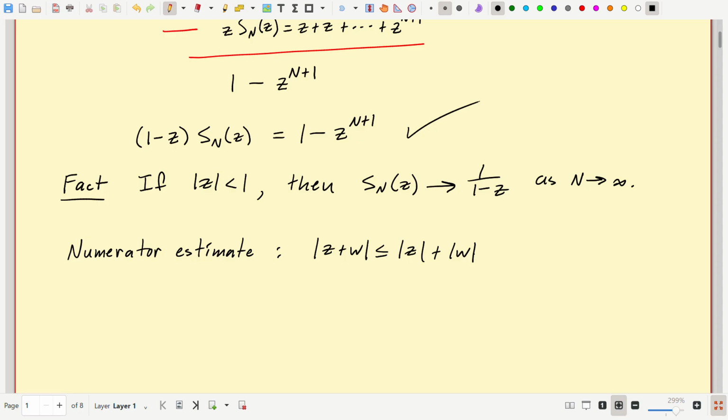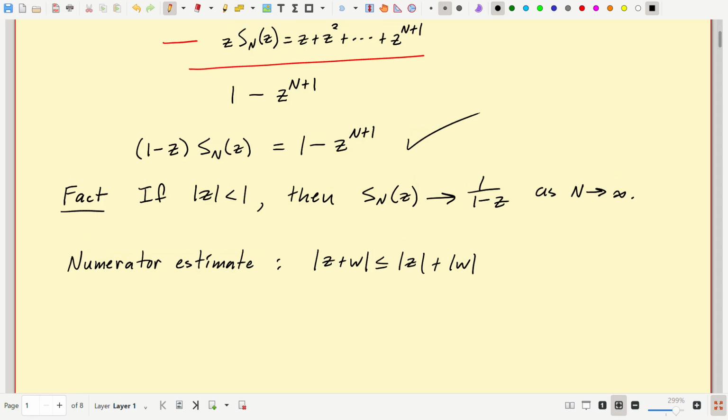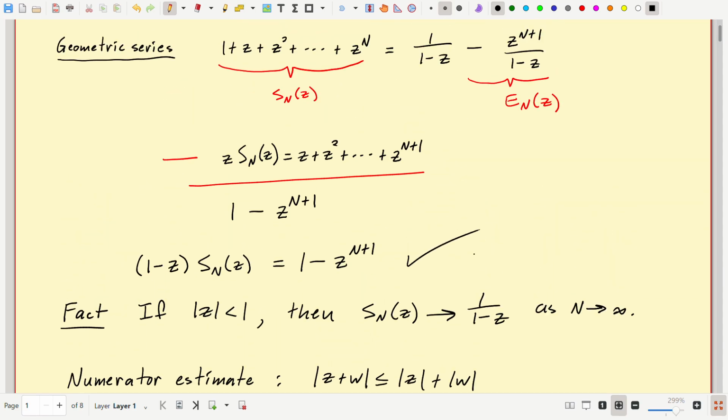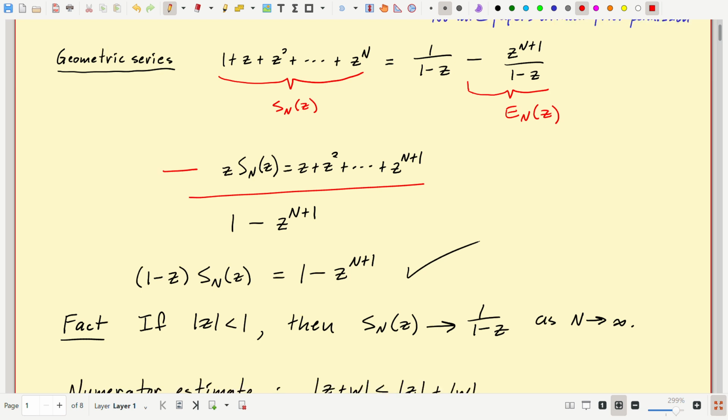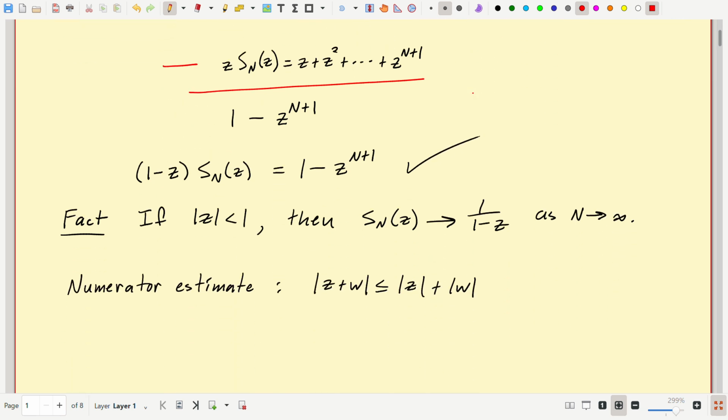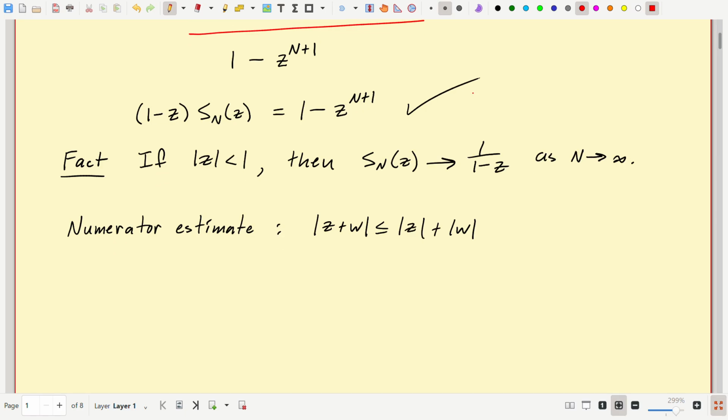Back up at E_n of z that you defined. Is E_n of z just the right side of that? It's starting at the minus side. Okay, starting at the minus side? Yeah, so this is the error. The limit's going to be 1 over 1 minus z. And that junk hanging on the end there is the error. I'm going to show that error goes to 0. I need to estimate that. And I'm going to use what I like to call a numerator estimate. It's just a triangle inequality. And a denominator estimate